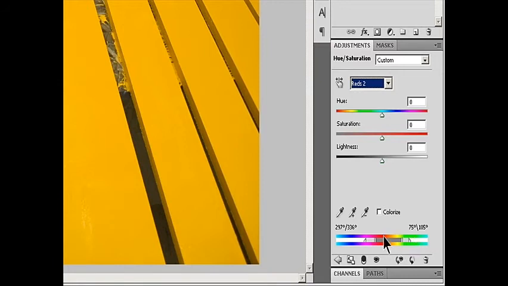3. Use either the eyedropper tools or the adjustment sliders to modify the range of colors. Click or drag in the image with the eyedropper tool to select a color range. To expand the range, click or drag in the image with the Add to Sample Eyedropper tool. To reduce the range of color,